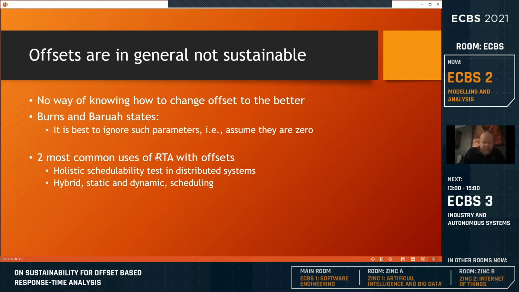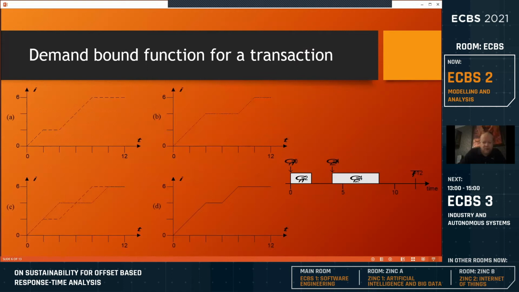There are two most common uses of response time analysis with offsets: either the holistic schedulability test in distributed systems, or what we've been working more on, hybrid static and dynamic scheduling, where you basically make the static schedule as a transaction, because the offsets are nothing more than time separation between tasks. And from this, we see that